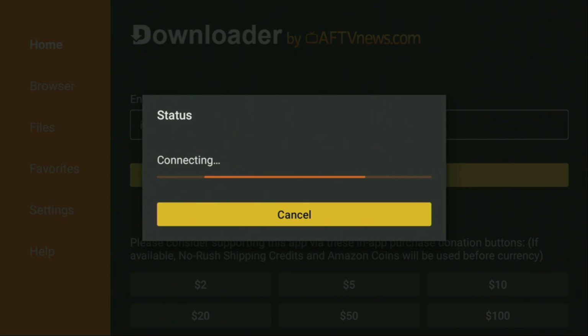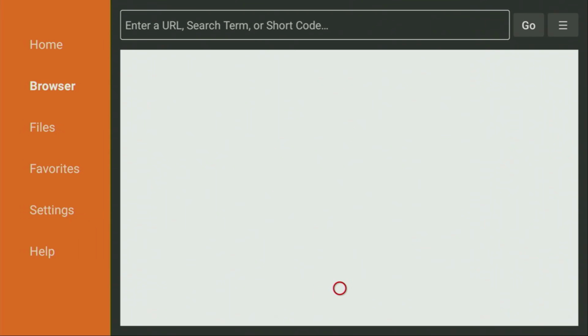After that, you have to click on Go, and while the website is loading,